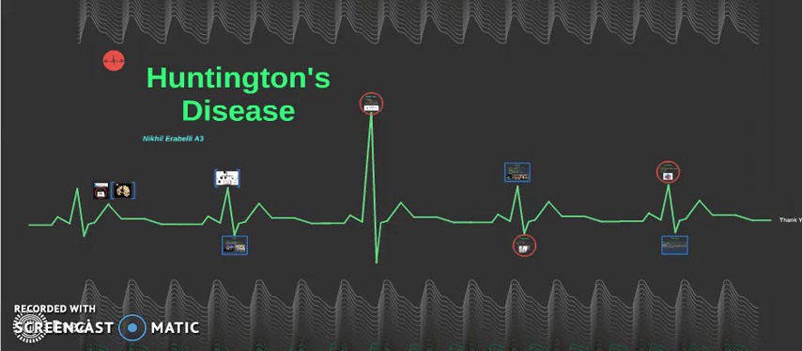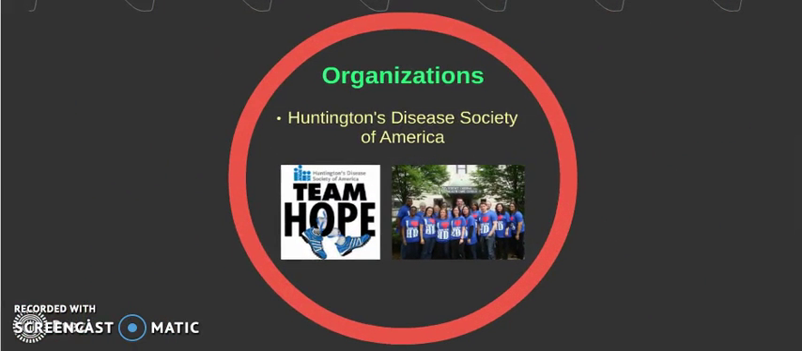Huntington's disease, also known as HD, is a genetic disorder which one can get from their parents. It mostly affects the neurological processes in the brain. Before we start, it's important to know about the organizations and groups that support people with this disease every day